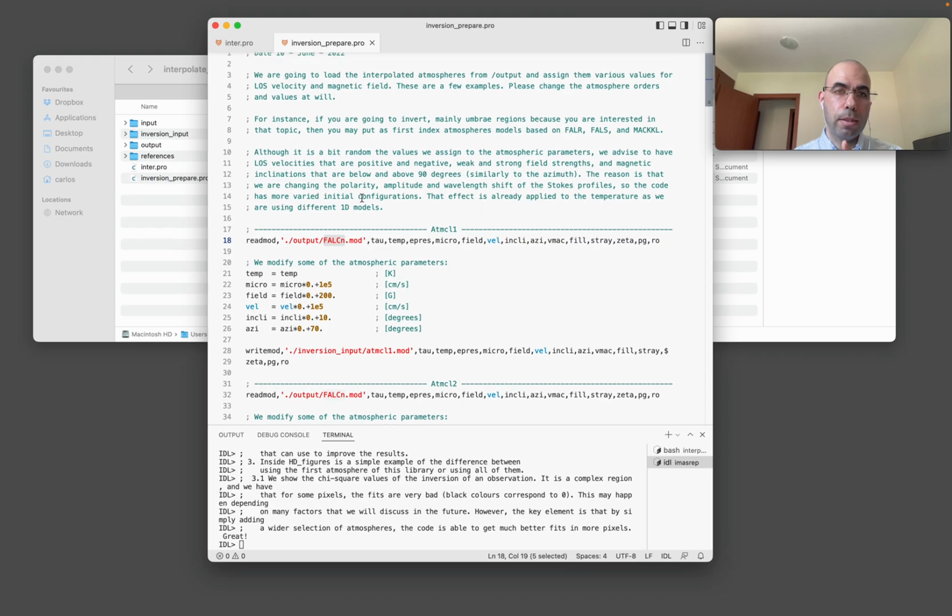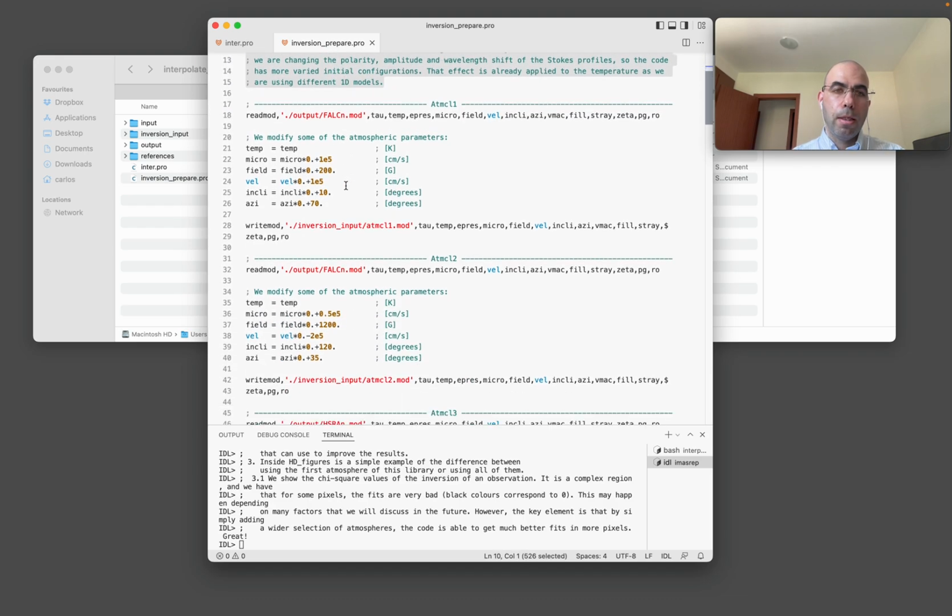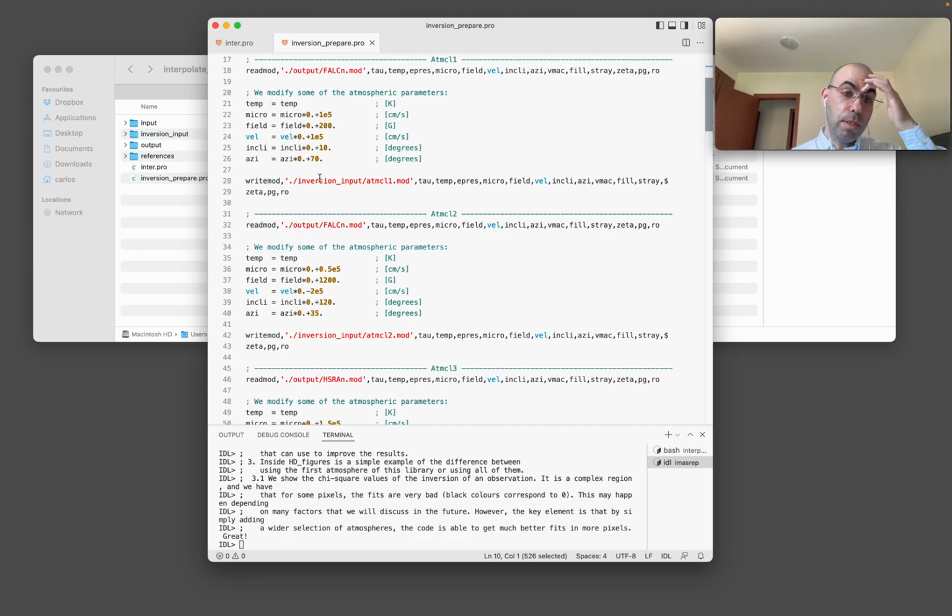But the important thing is that this is the one I was describing in this paragraph. If you see these values, for example, you see here 200 for the magnetic field. The initial atmosphere is FAL C in both cases. So you see 200 here and then 1000 here for the magnetic field, and you may ask, why are you doing this? And the idea is that I think there's no strict rule of which values you need to include, but